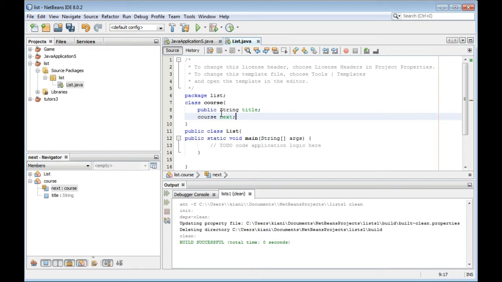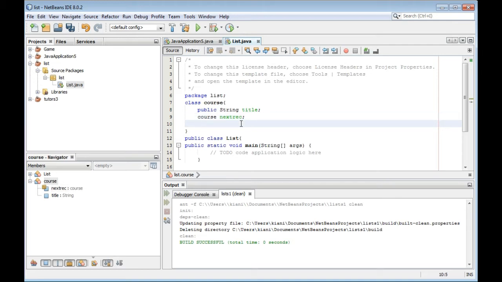Number one, the data part, the title, and the address of the next record. So we should make it simple: next record address.